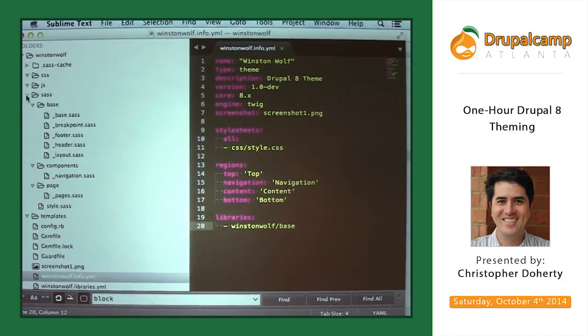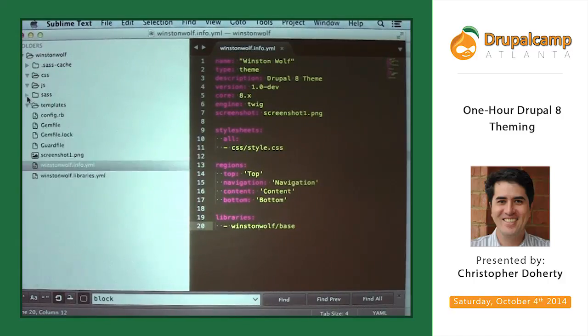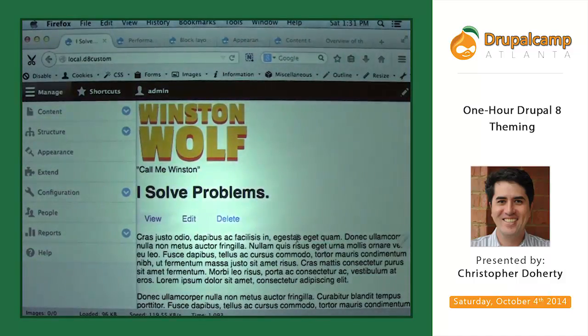So right now, there's not much in here. I don't have any templates. There's no CSS. It's just the YAML file, but that is enough at this point to have a very, very basic, very stripped down theme. I do have a logo. The graphic designer, I guess, owed Mr. Winston Wolfe a favor, so he created a logo for free. But other than that, there's nothing in here. It's just completely stripped down.